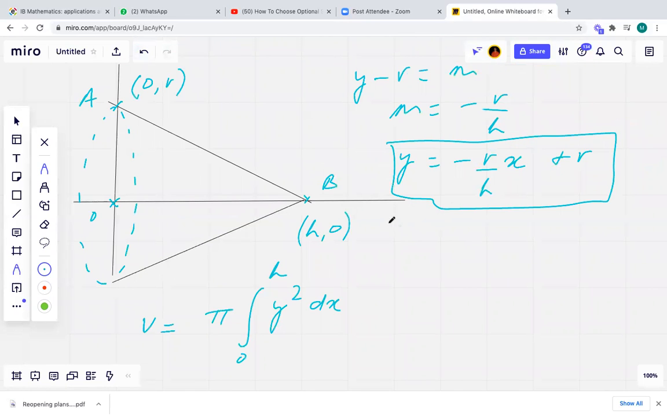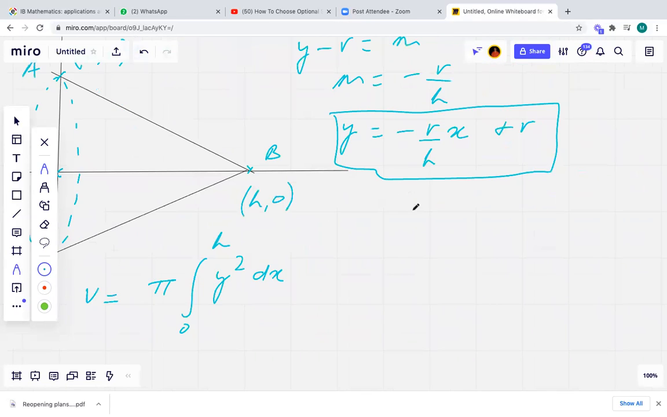Now what is y square? Y is minus r x by h plus r, so y square is minus r x by h plus r, whole square, which is